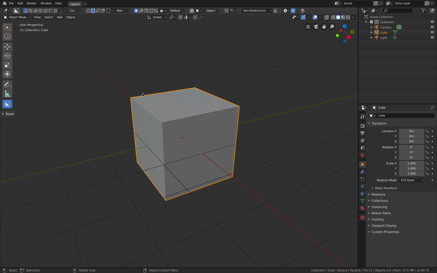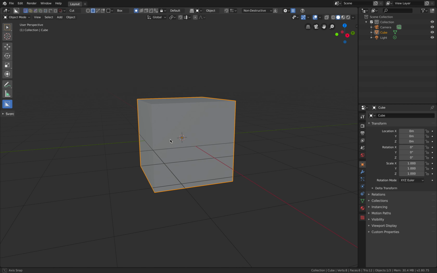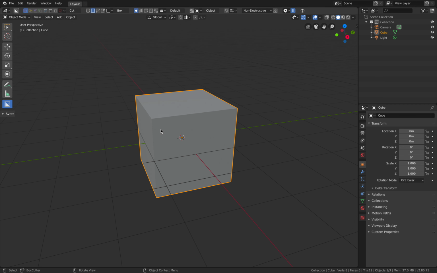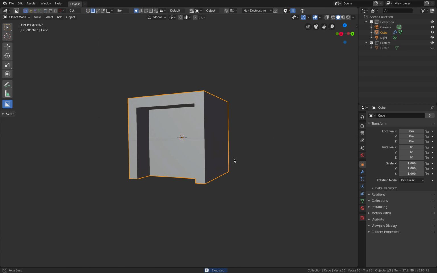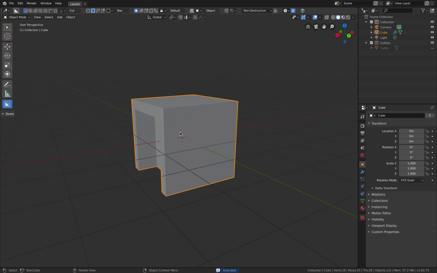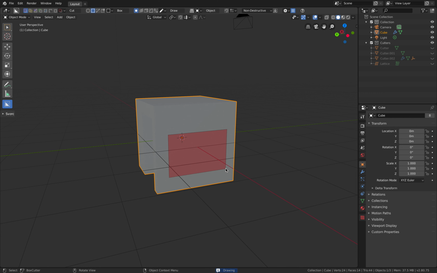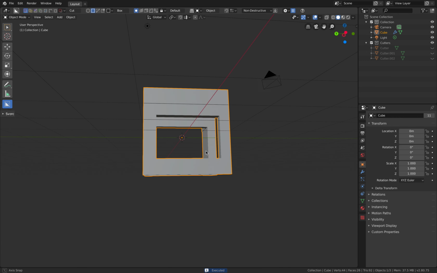I've barely scratched what BoxCutter can do, but I actually start to understand a couple of the tools a little bit more. For example, the first mode is a cut. If you have this box and you make a cut like that, it's doing the opposite of normal extrusion without having to worry about topology. Underneath it's basically just a boolean,